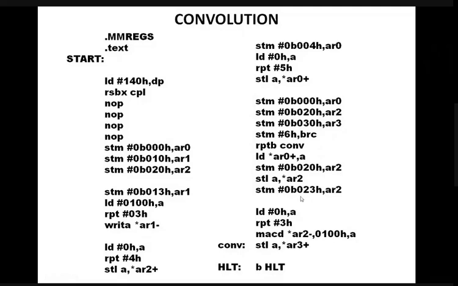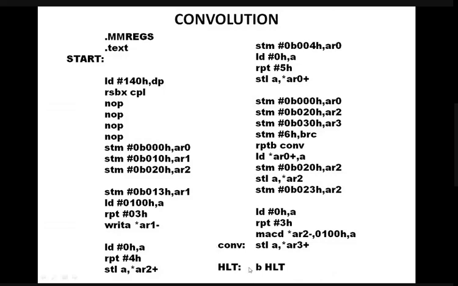First data is shifting in. So store the lower order of the accumulator to star AR2, pointed by AR2. So B020, the first one will go to B020, something like this. Then STM, we are pointing B023 to AR2. Okay, so this will be explained clearly in that video. You can look at this video, you can understand.